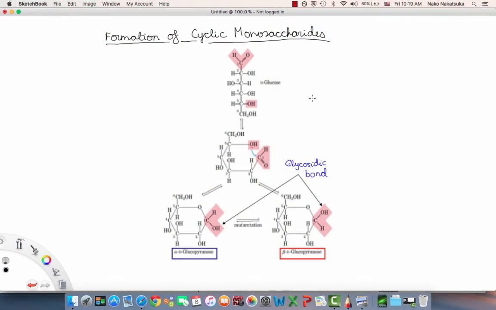So common monosaccharides have cyclic structures, and now I'm going to show you the formation of 2 cyclic forms of D-glucose. And so this is how you form cyclic monosaccharides from acyclic monosaccharides. So you have a reaction between the aldehyde group at the carbon 1 right here, which is the acyclic D-glucose, and the hydroxyl group at the C5, the ones that are in pink. And they form a hemiacetal linkage,